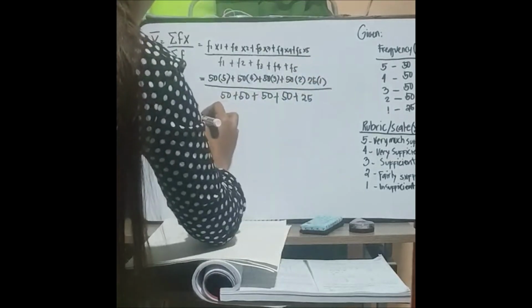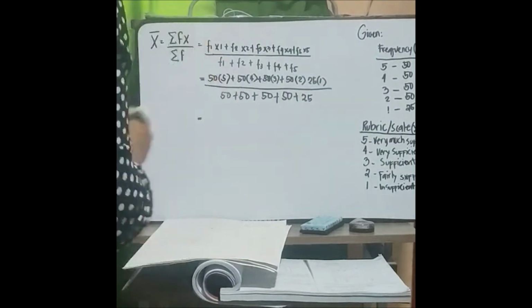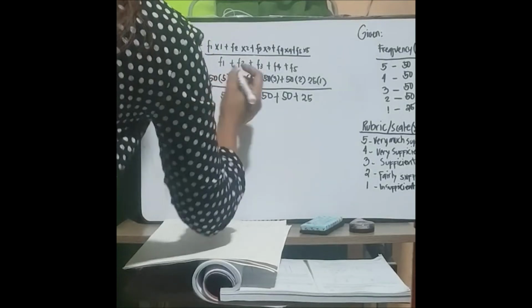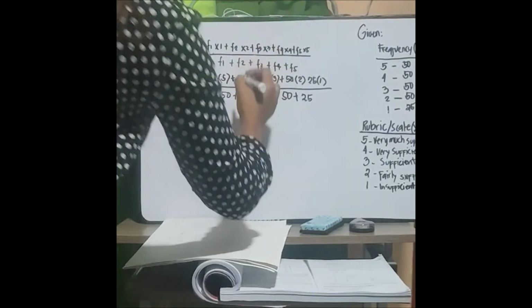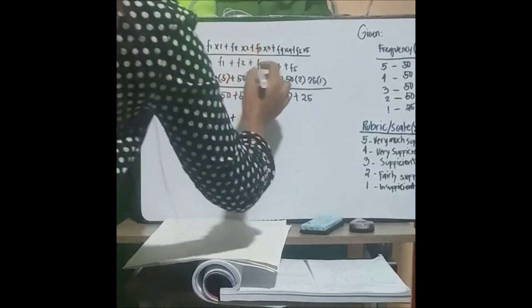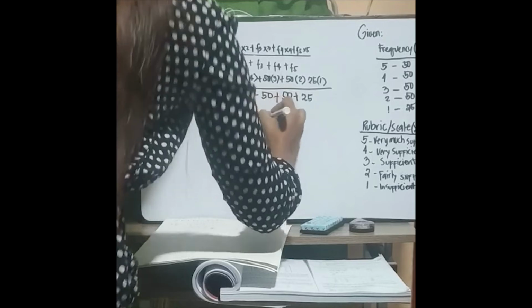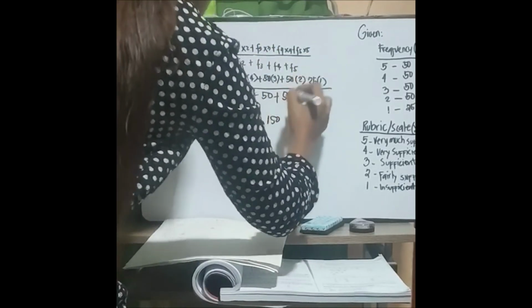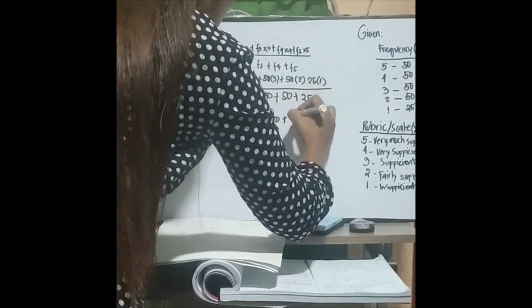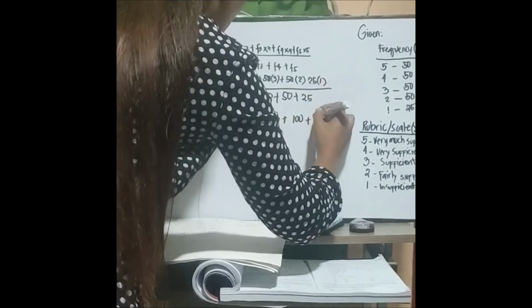Okay? What we are going to do is to multiply F on X, meaning 50 multiplied by 5, so we have 250, added by 50 multiplied by 4, we have 200, and 50 multiplied by 3, we have 150, and so on and so forth. So we have here 100, and 25 multiplied by 1, we have 25. Alright, over,